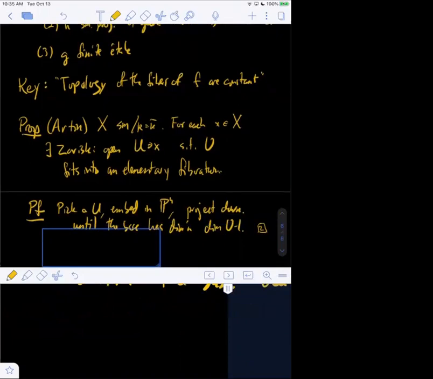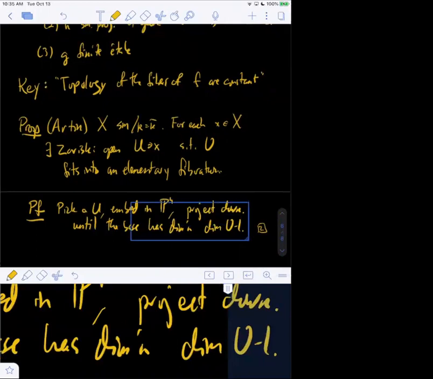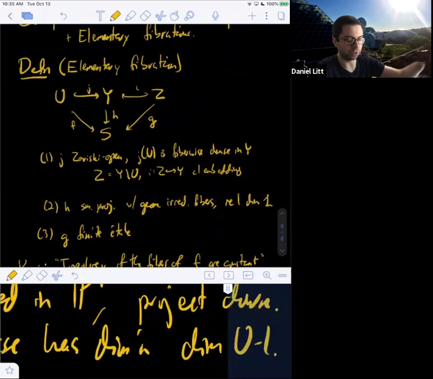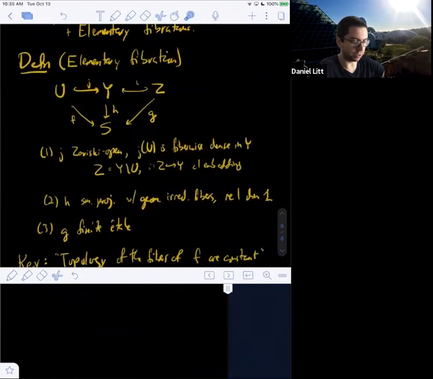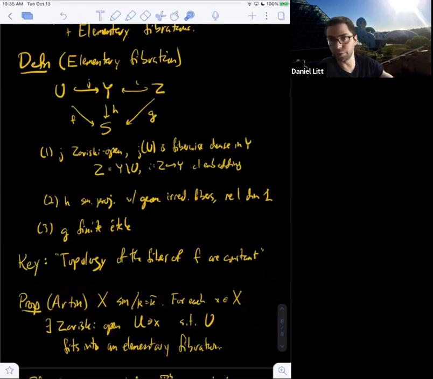Great. So does the choice of U not matter at all? Well, when you do this, you're going to have to delete some stuff. So you'll get a map down, but it won't satisfy all these properties, and there will be some bad locus in the base. For example, Y is going to more or less be the closure of U. That's not quite right, but it'll be some piece of the closure of U, and then there'll be some places where that's singular, and you'll delete that, and there'll be some places where the complement isn't étale over the base, and you'll delete those, and so on and so forth.